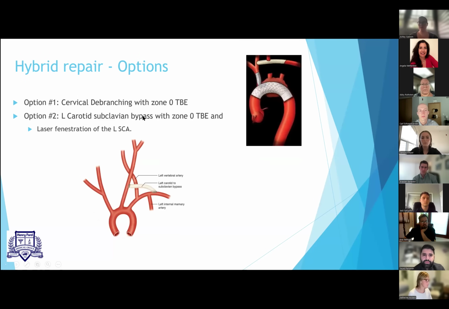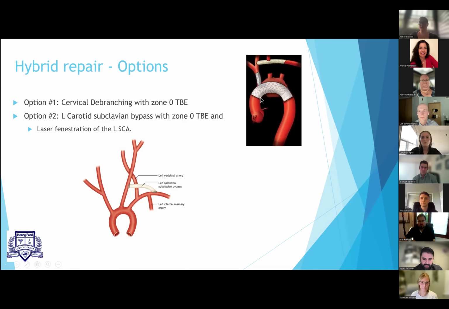So the two options when you do a hybrid approach: either you do a cervical debranching procedure, where you connect the left carotid and the left subclavian to the right carotid, which you can see here. So left subclavian, left carotid to the right. Then